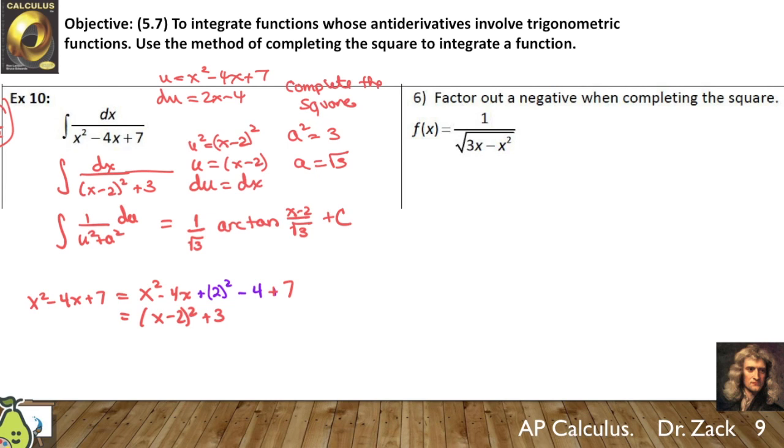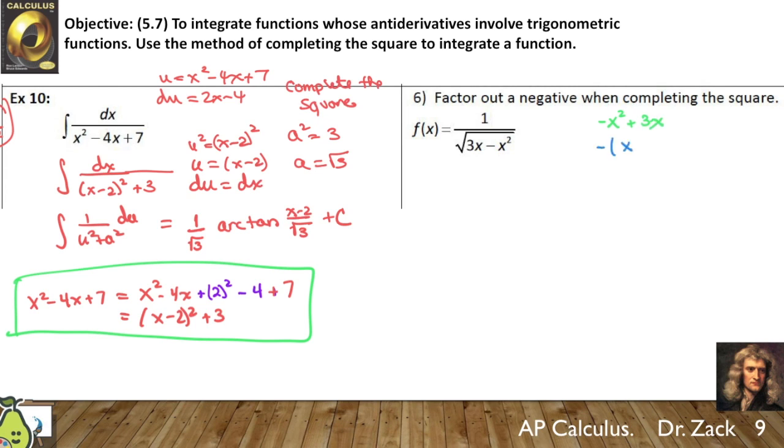So completing the square is an excellent skill to have. If you need a little bit of practice, make certain you get it. So for number 6, once again, you're going to have to complete the square. I'll help you with that piece. When you have negative x squared plus 3x, before you do anything else, factor the negative out. You're left with x squared minus 3x. Cut your 3 in half